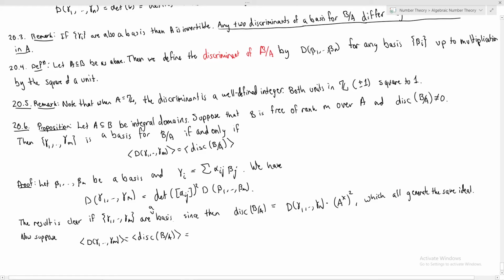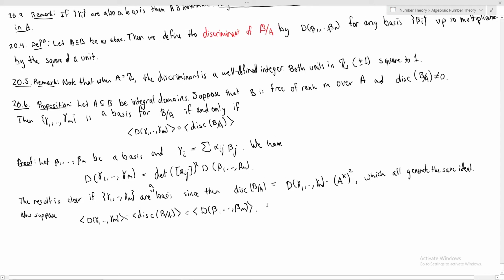Okay, and again, since this is a basis, this is just the same as the ideal generated by the discriminant of these guys. So if these two things generate the same ideal,